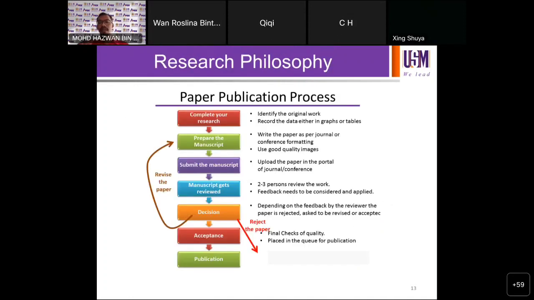All right, so this is the flow when you want to publish an article, the process of paper publication. After we complete our research, we gather our data, extrapolate the data, and prepare the manuscript. After you prepare your manuscript, you identify the specific journal and submit to that journal. Once the manuscript has been received by the editor,